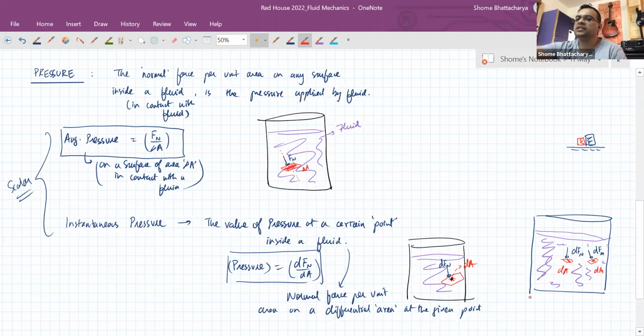So when I place a three-dimensional rigid body anywhere in the open space, every point on its surface, regardless of whether I'm considering a vertical surface like this one, or a horizontal surface facing the floor, or even a curved surface like this one facing upwards, every point on the surface is experiencing a normal force into it because of the fluid of air that is around it. Okay, so that is the property of pressure that all fluids have.